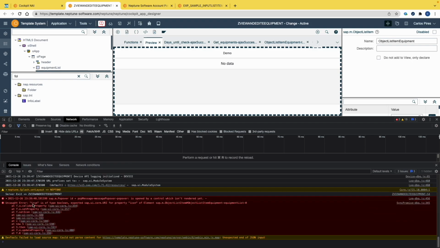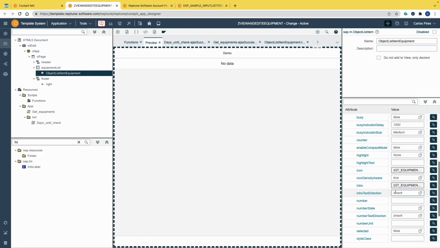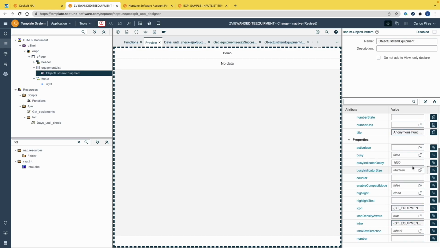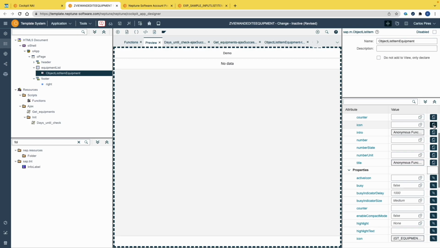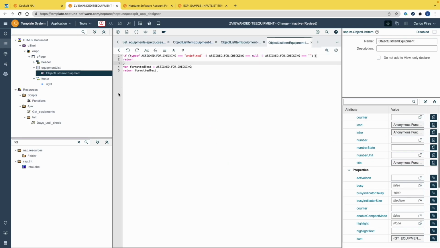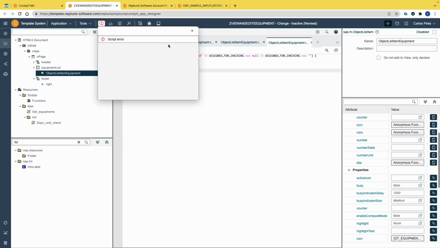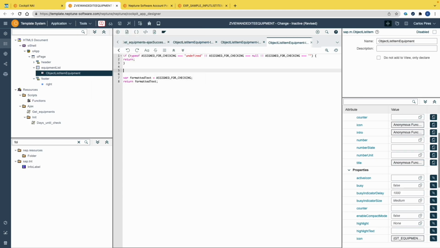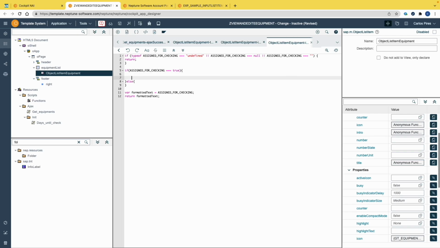As we can see, it mentions that a boolean was bound to it. In order to solve this issue, let's use the icon format. Let's open the JavaScript and rewrite the code. In our case, we need to check if the assign for checking is equal to true. So let's create an if statement, and we're also going to need the else statement. Let's copy the var format text into both of them, and on the if statement, let's type in front of the format text